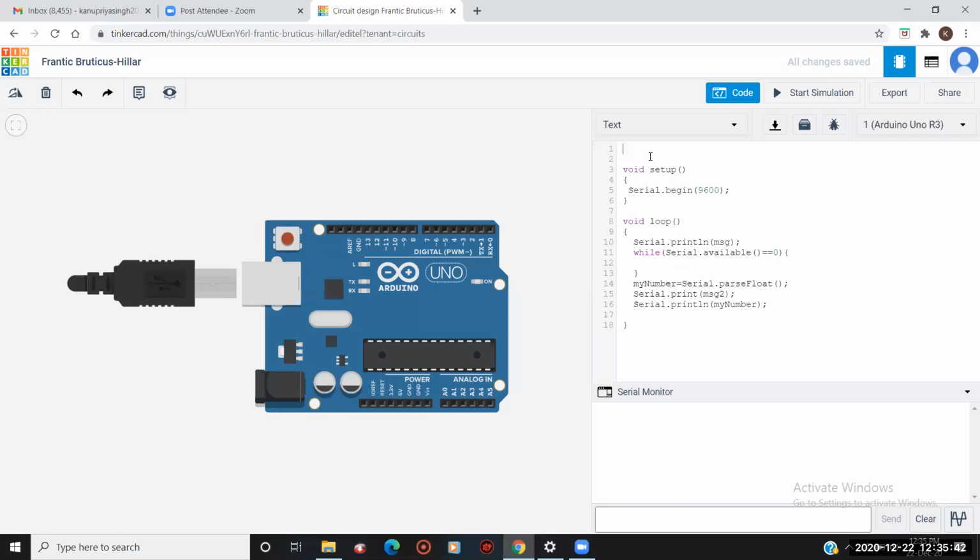For that, I have to enable the serial monitor, and for enabling it we know the command, right? That is Serial.begin(9600). In the void setup, we do that. We can't do this in the void loop or in the upper side. We have to do this only in the void setup. It is compulsory, otherwise it will not get enabled. Then after that, in the void loop, we define whatever commands we want to perform on the serial monitor.